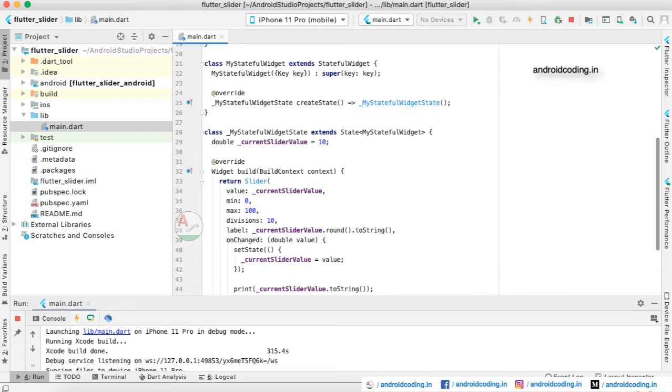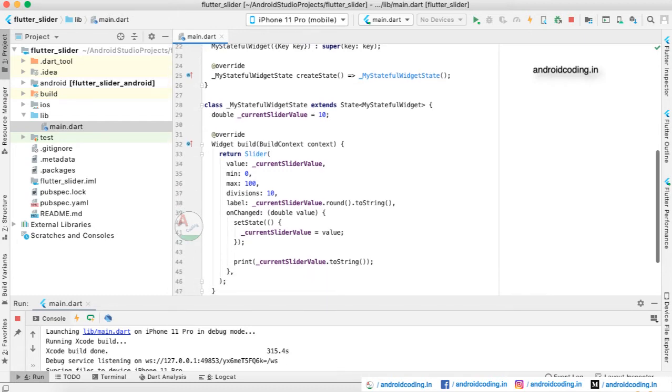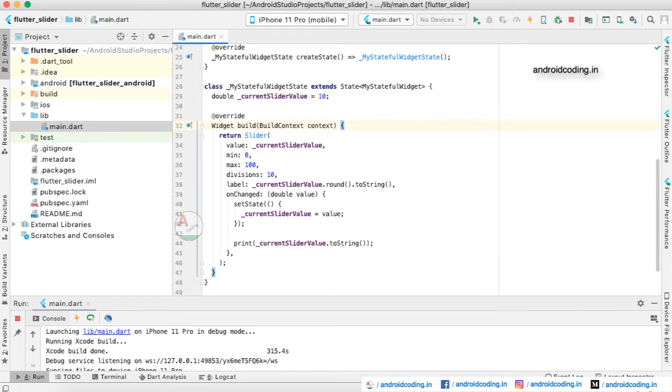Inside the MyStatefulWidgetState, we are providing the current slider value. Whenever you instantiate this slider, the first value loaded will be 10 here. You can also make changes according to the requirement. For example, there will be a default volume provided in the Android device like 7 or 6 depending upon the device. So you can consider this as the default value here. You can either increase the value or decrease the value based on this. It's just an initial value.